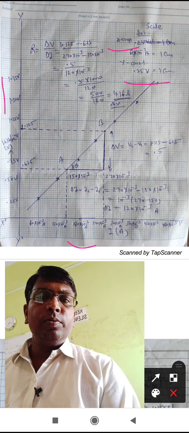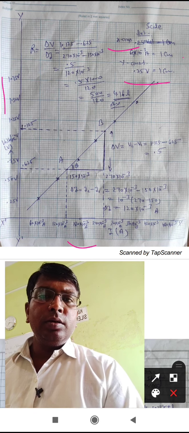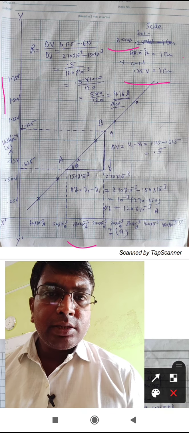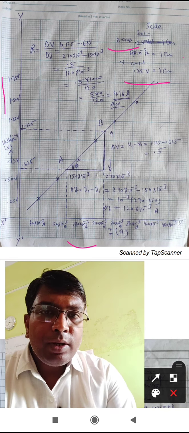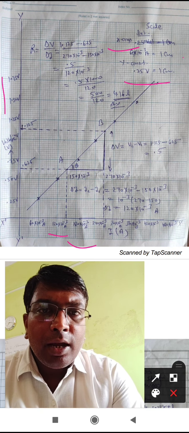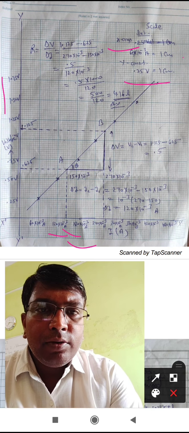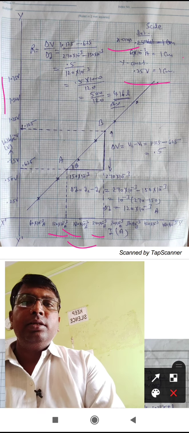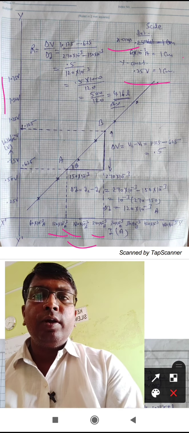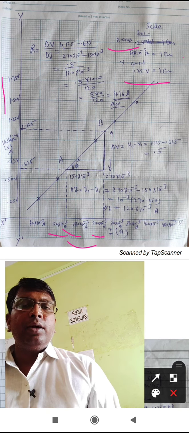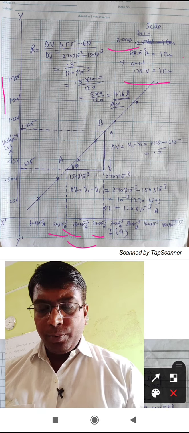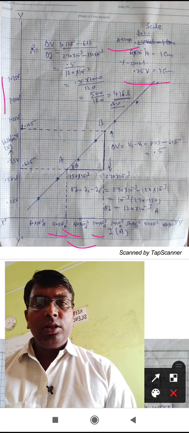Here we put the values, that is 60 into 10 to the power minus 3 ampere, and next is 120 into 10 to the power minus 3 ampere, and 180 into 10 to the power minus 3, and 240 into 10 to the power minus 3. And here we mark the potential 0.25 volt, 0.50, 0.75, and so on. And now with the help of the table, draw the points.